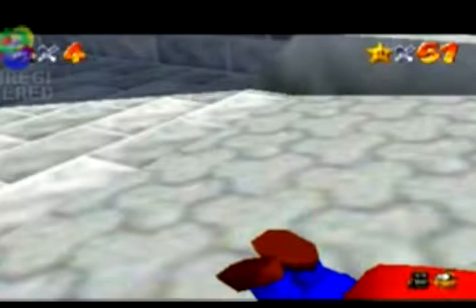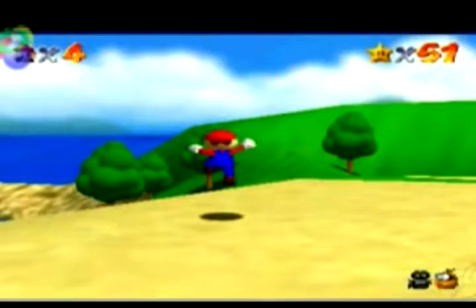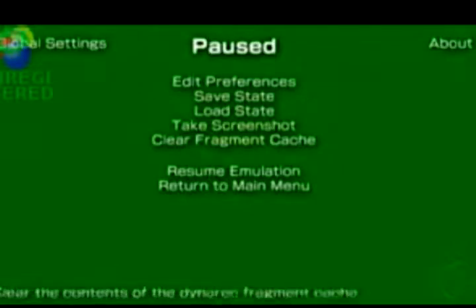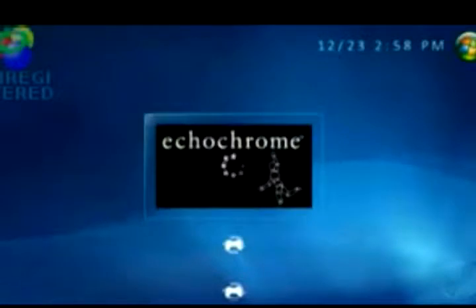Yes, Super Mario 64 portable. So yeah, pretty awesome. Let's show you some of the other stuff we can do here with our little hacked PSP. So let's head back to the XMB. Let's show you some other stuff here. I showed you Grand Theft Auto running off the memory stick, but it seems to have problems whenever I try to do it. So